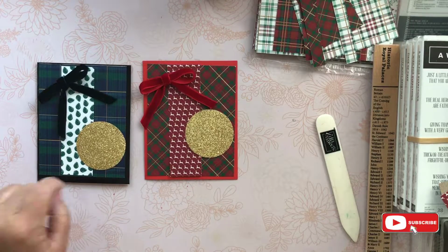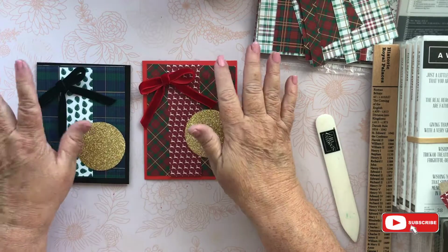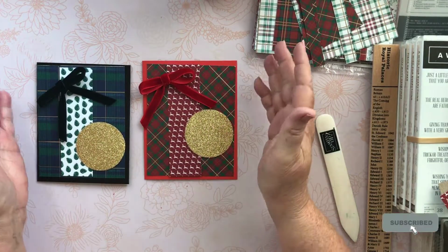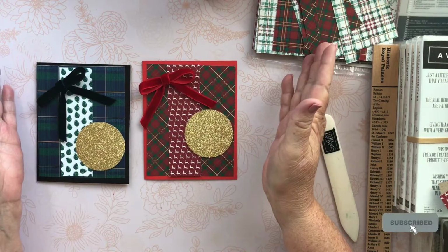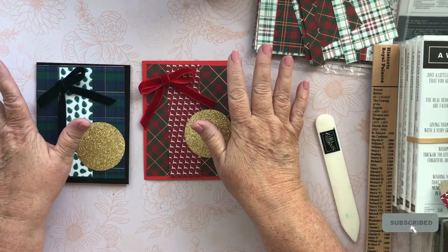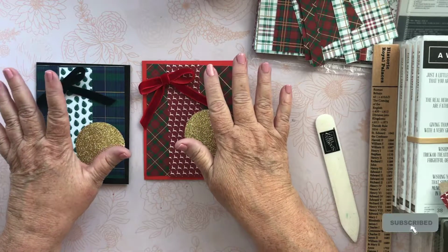So the first thing is everything is from Stampin' Up except the ribbon. The ribbon is something I just had in my stash. It's velvet, and I don't have any red or black Stampin' Up ribbon, so I used my old stash. But everything else you can buy from me through Stampin' Up at my website,